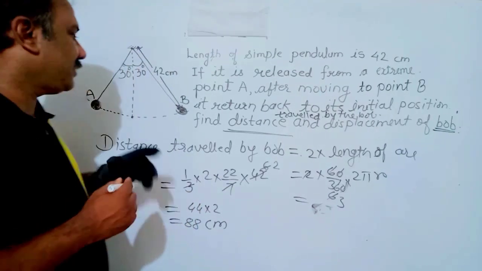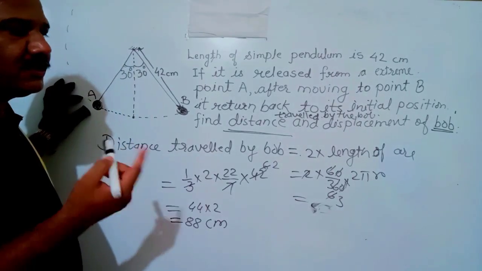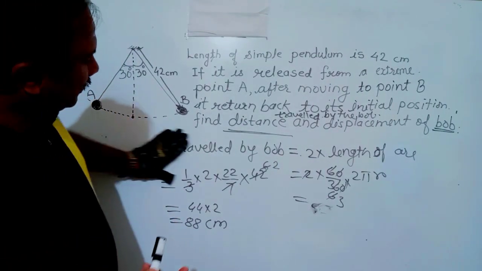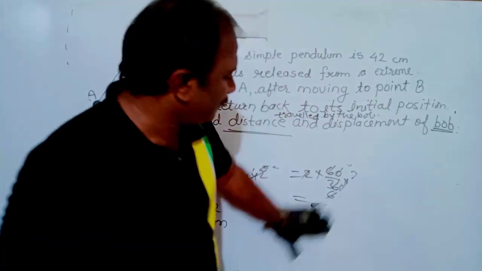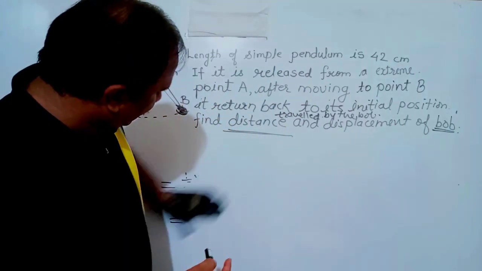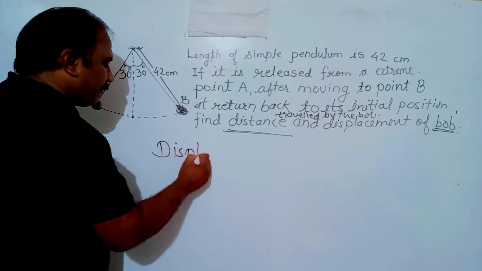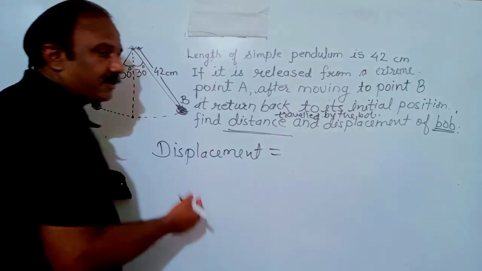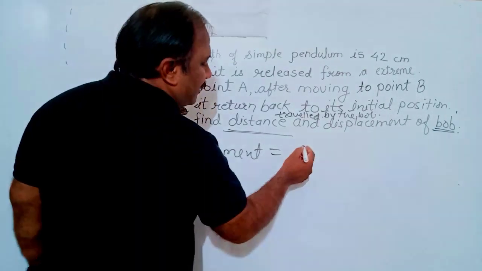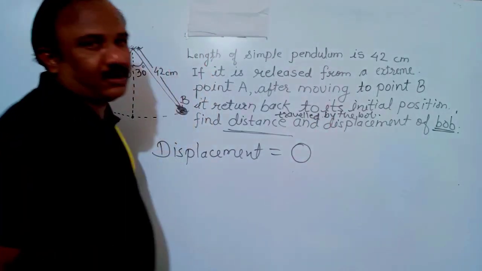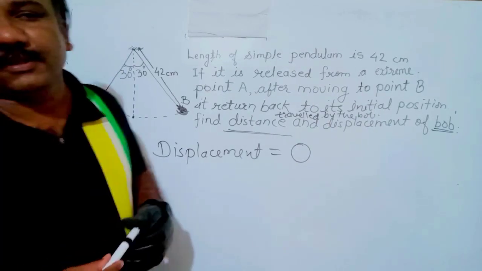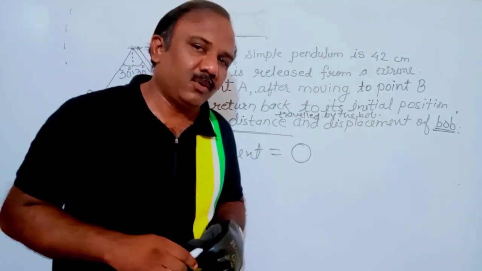So in this case, the initial and final position is same, therefore distance is 88 centimeter and displacement is what? It is 0. So this is the answer of this problem. Okay, so